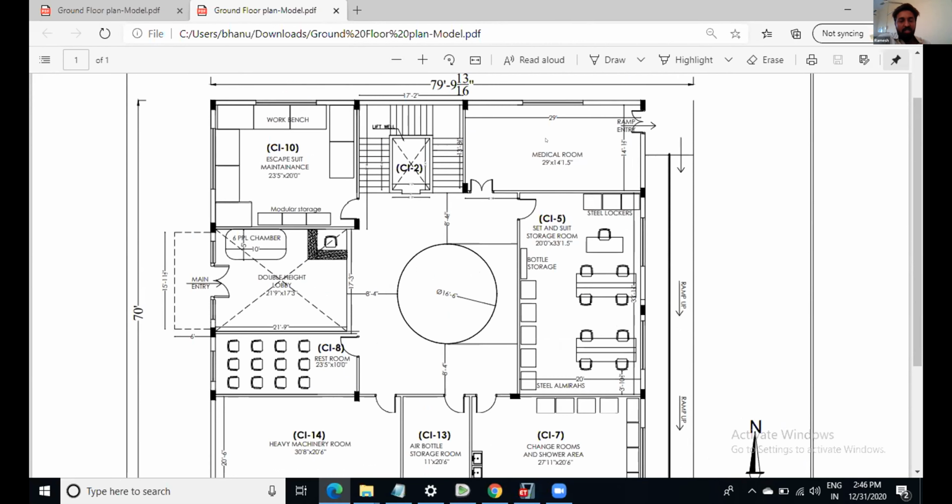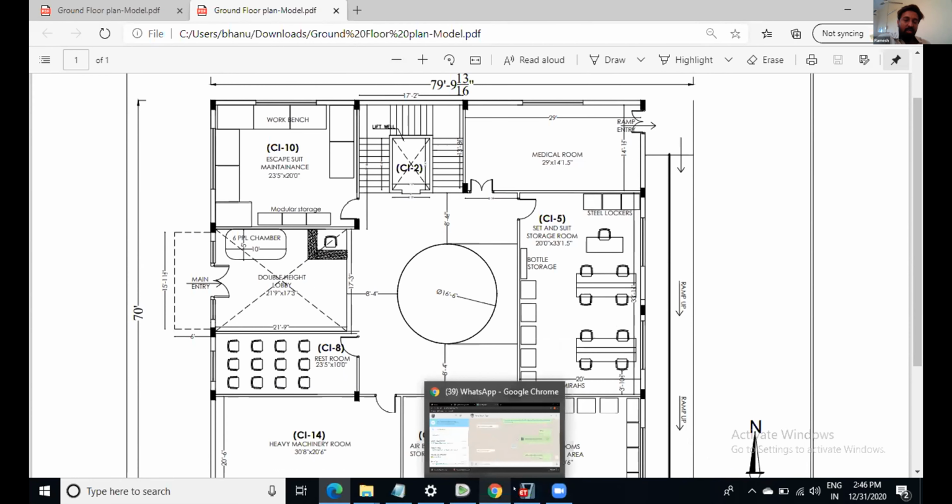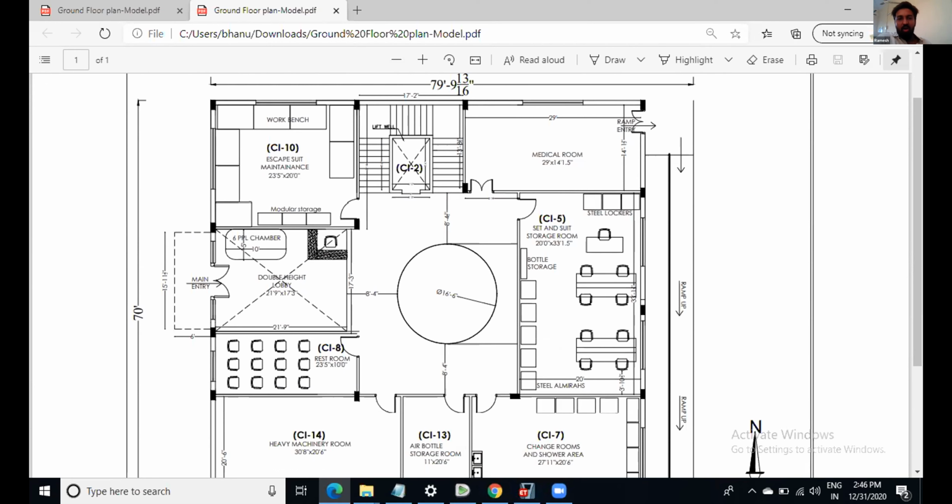So when it is 6 inches, what is the wall weight you have to calculate? And when it is 4 inches, what is the wall weight? That is the inner walls. You can see all the inner walls are having less thickness, and the outer wall is having more thickness.